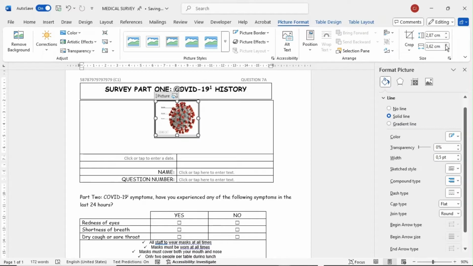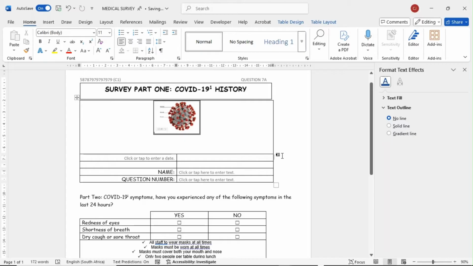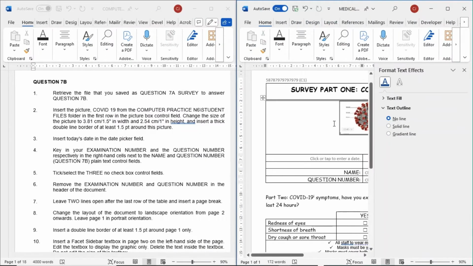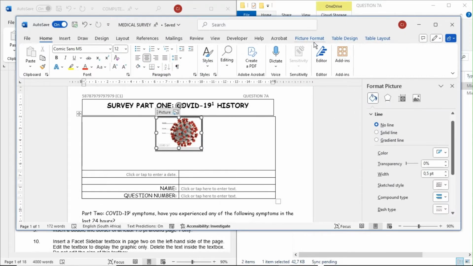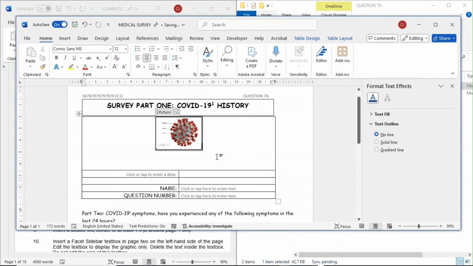As you can see, this needs to be 3.81. And this says 2.54. Okay, we are done.